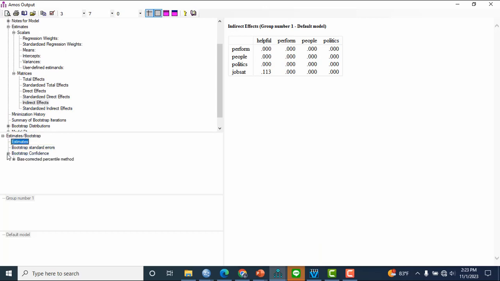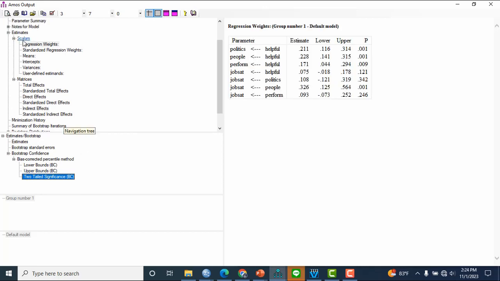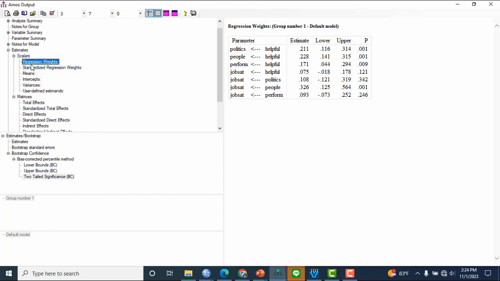And then we check the bootstrap and the bias corrected and total. Okay, we have the report from here. We can check one by one. This is for the regression weights. We check in total here, and this is the significance.